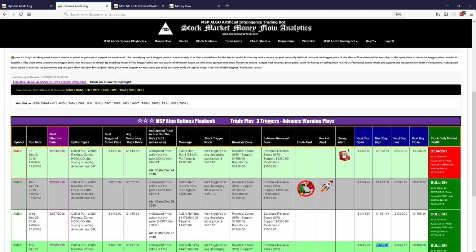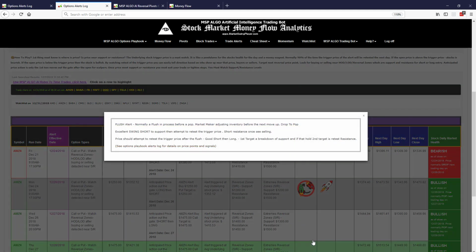So we could see that we got a swing alert, and then in this particular situation, we did our little swing alert. We noticed that it ran to the moon. We probably went to our swing long trade here. Or we waited for the next day to hope it would retest. It didn't, but it did go below our 1360, right? So we went on and got into that. But on that day, we got a flush alert. And it said price is going to flush. So